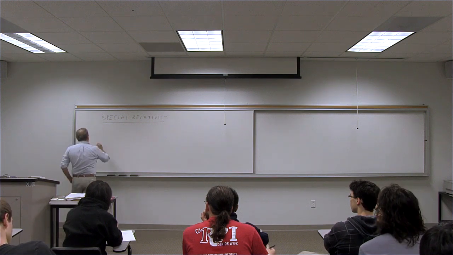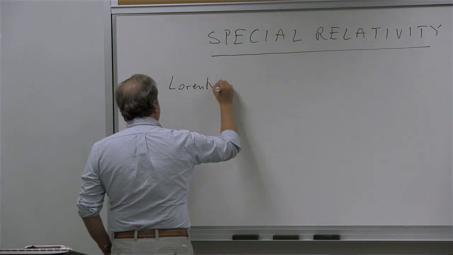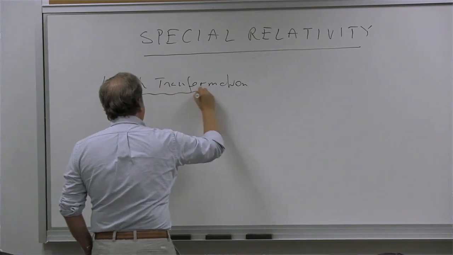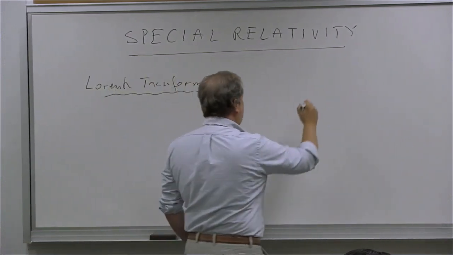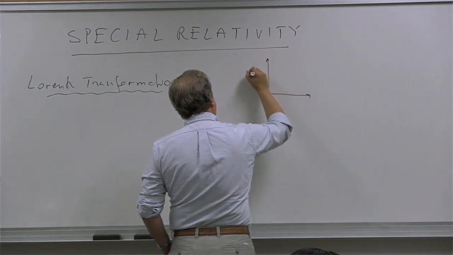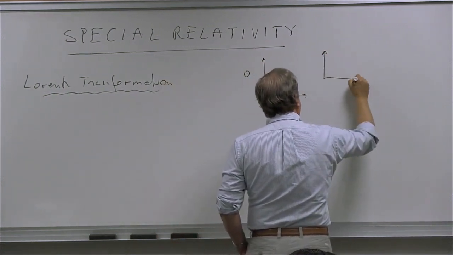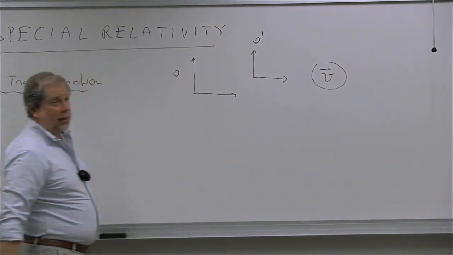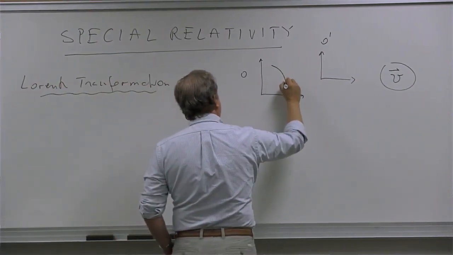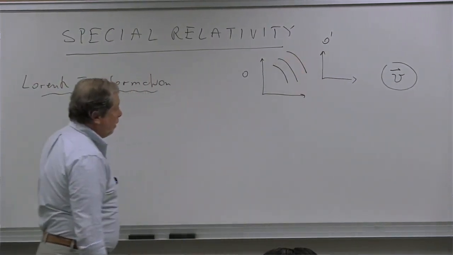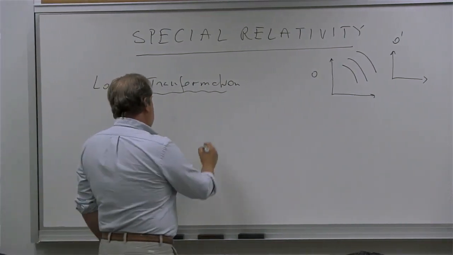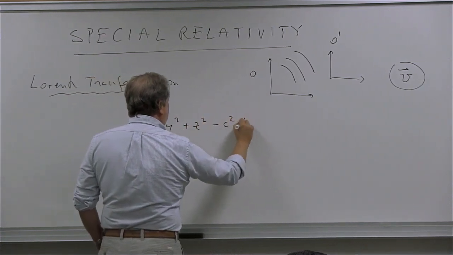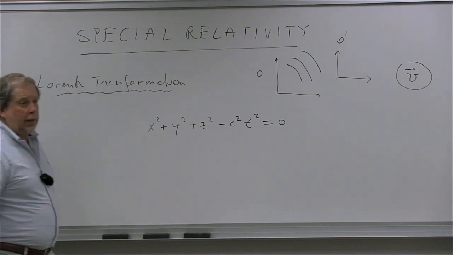So now remember that the Lorentz transformation originates from the following physical setup, where you have 2 observers, right? 2 observers, which we refer to as O and O prime, right? Which move at a relative velocity, which is v, and they observe at t equal to 0 that there is a light front going out from the origin, and they will describe the light front in terms of their relative coordinates. So observer O will say that x squared plus y squared plus z squared minus c squared t squared is equal to 0, which is the